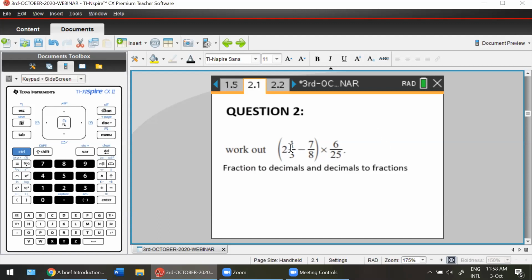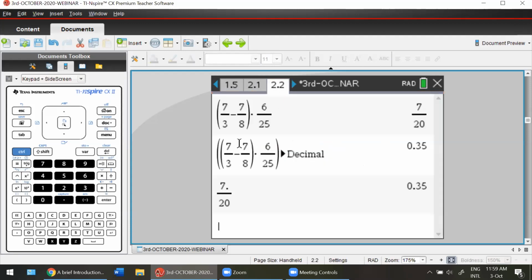I'm waiting. Okay, I think we do have an answer. 0.35, Akansha says. Vidusha says 7 by 20 or 0.35. Yes, that is the correct answer.